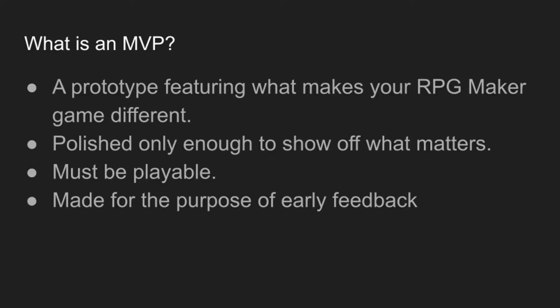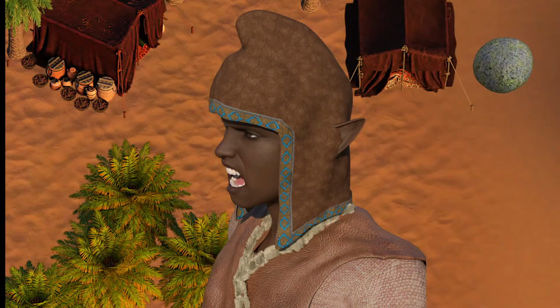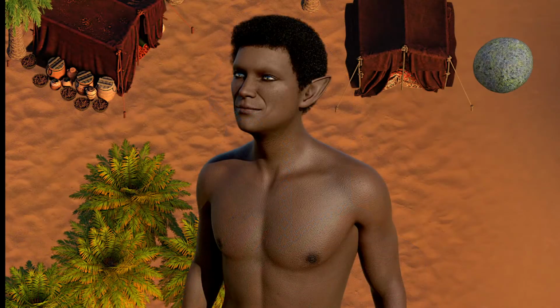And of course, if it's not playable, people can't give you feedback. And that doesn't mean it doesn't have bugs. I mean, that's what the feedback's there for, to let you know what is buggy. But considering that at this point you should only have about 10 minutes of gameplay done, the bugs should be fairly minimal. And of course, it's for the purpose of early feedback, which means, gasp, you're gonna get